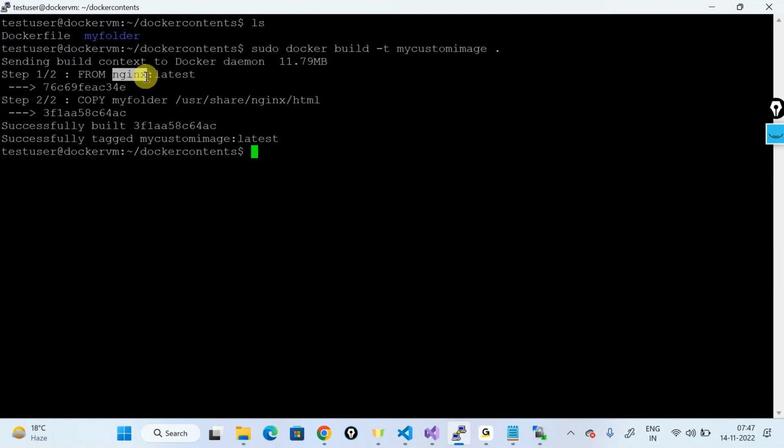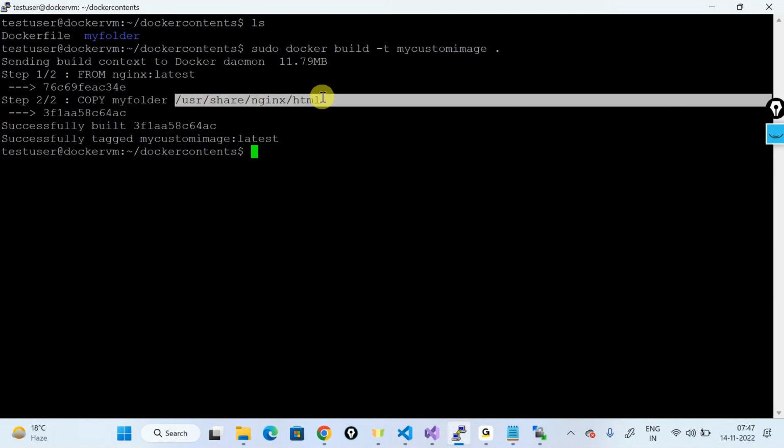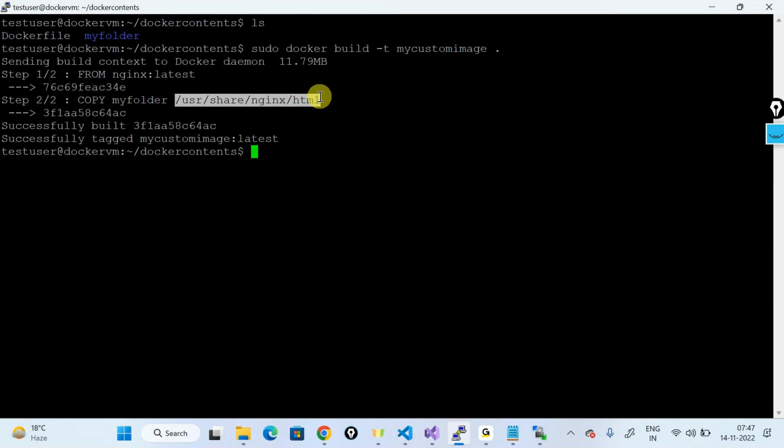I've downloaded that particular image earlier. Now it's saying, okay fine, copy that folder into this path, /usr/share/nginx/html, and give me an image with the name my custom image. Now if I say sudo docker images to check all the images that I have,